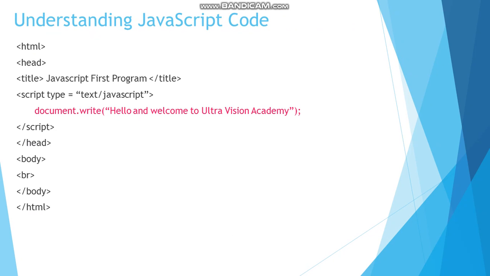So we saw two different programs. Here in this program, the red colored line is JavaScript code that is written in between script and /script. You can see document.write. So write is the name of a function that is already inside JavaScript, and it is used to print something on screen. Document is the area where we want to print something.